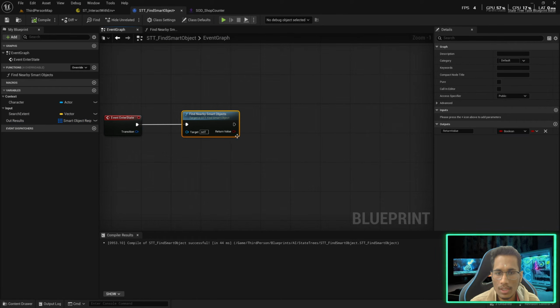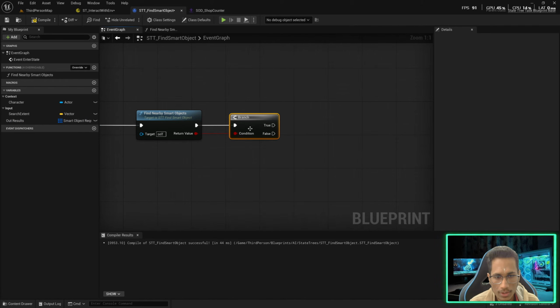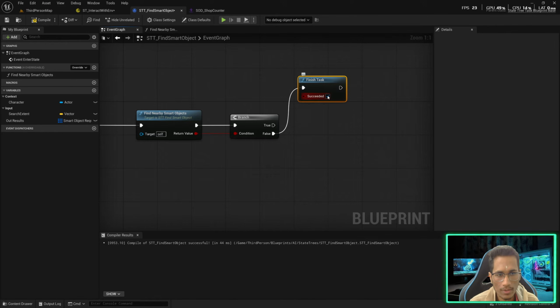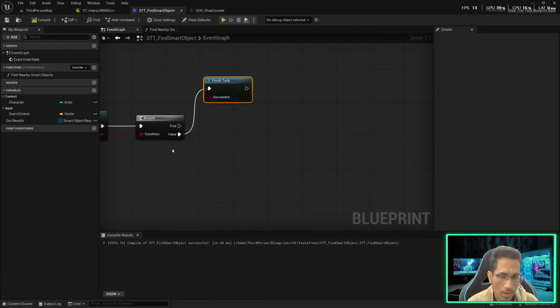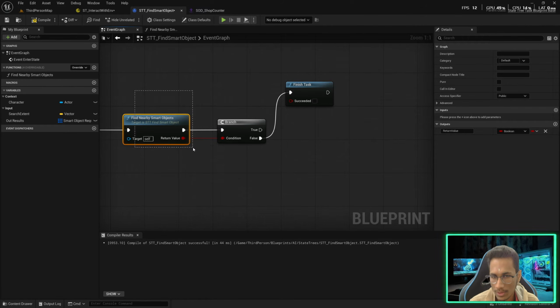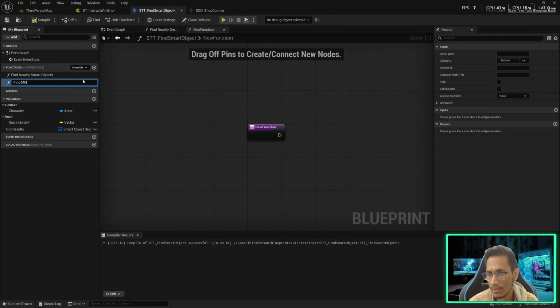Great, so you got the smart objects. Now first of all, we will check if there are any smart objects or not. If they do not exist, then finish the task. That means we did not find anything, so succeeded is false. But if you did find some, then we will find the nearest smart object. Because there are a lot of smart objects coming, we will just say find the nearest one. So we'll create another function, find nearest